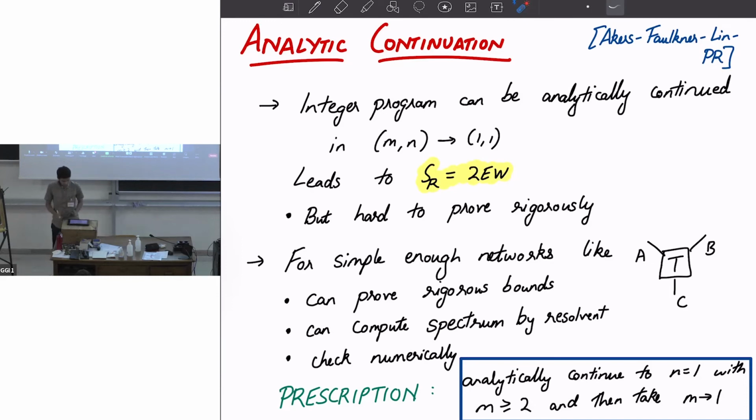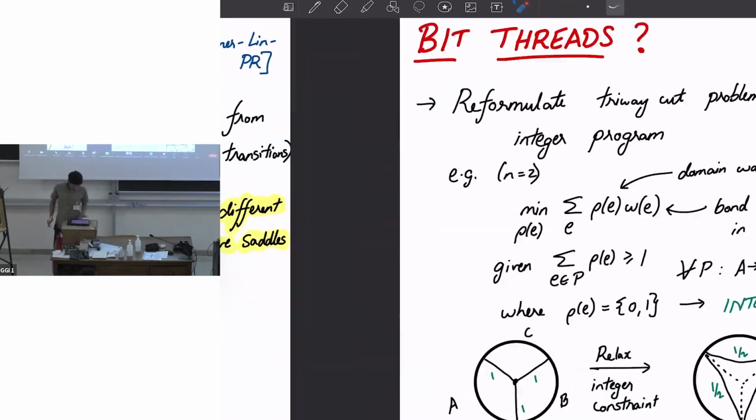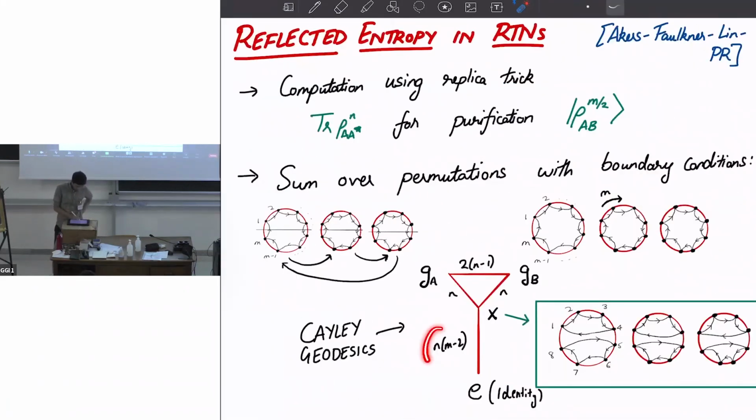Do this for m greater than or equal to 2. The m greater than or equal to 2 comes from the fact that the tension between this x element and E was proportional to m minus 2. And this answer, heuristically, what's happening is the tension in the bulk is becoming negative, and you shouldn't trust that answer.